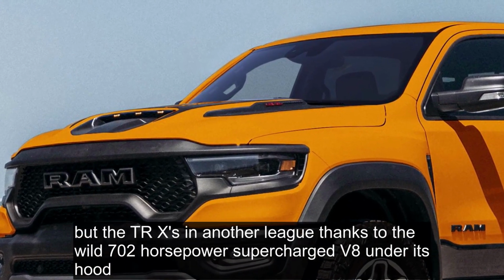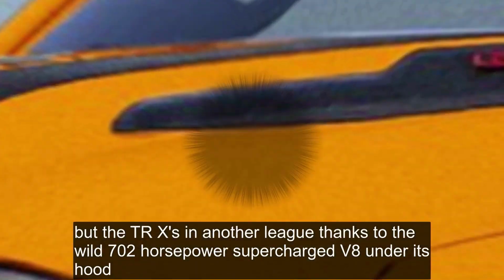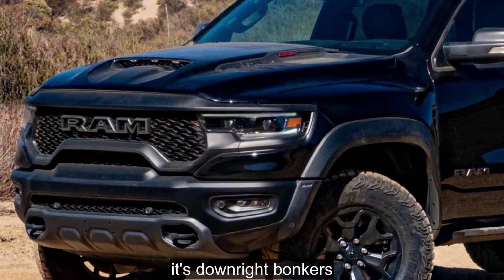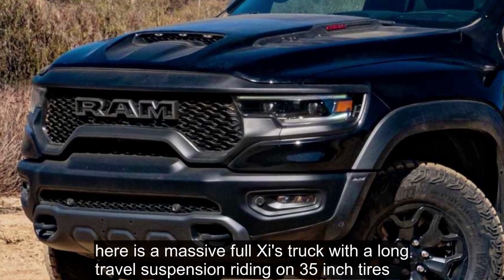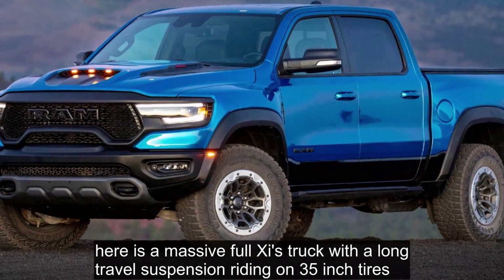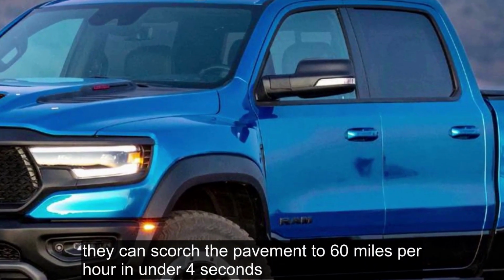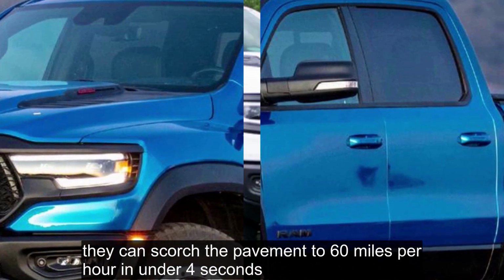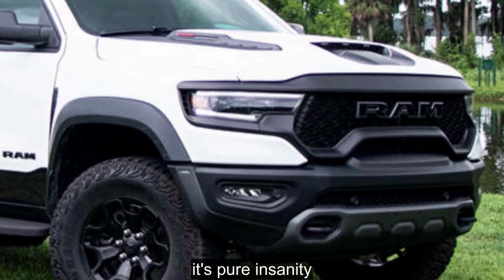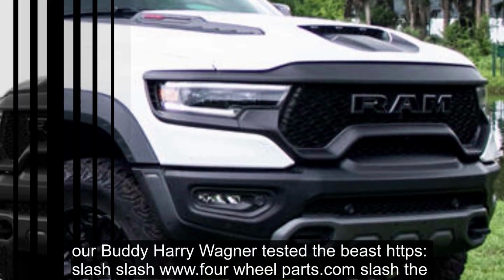But the TRX is in another league thanks to the wild 702 horsepower supercharged V8 under its hood. It's downright bonkers. Here is a massive full-size truck with a long travel suspension riding on 35-inch tires that can scorch the pavement to 60 miles per hour in under 4 seconds. That's not just impressive, it's pure insanity. Our buddy Harry Wagner tested the beast